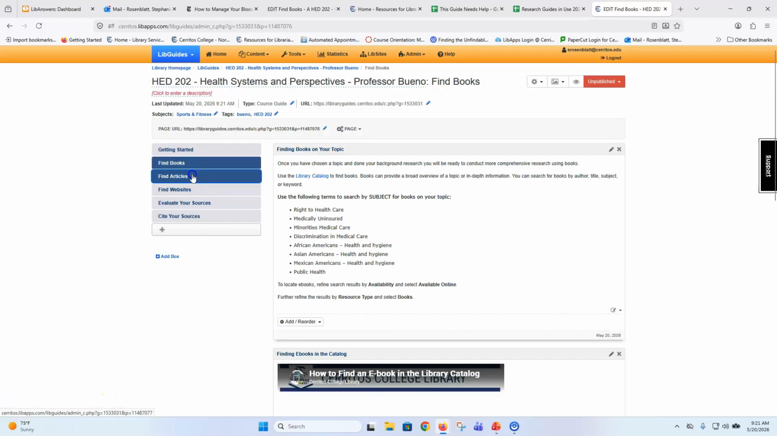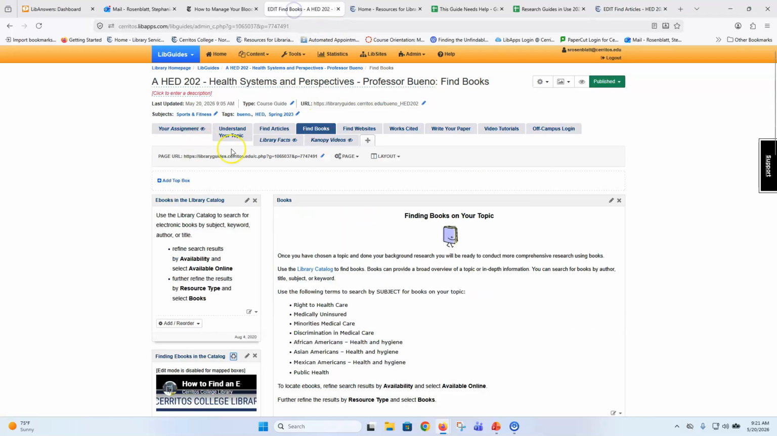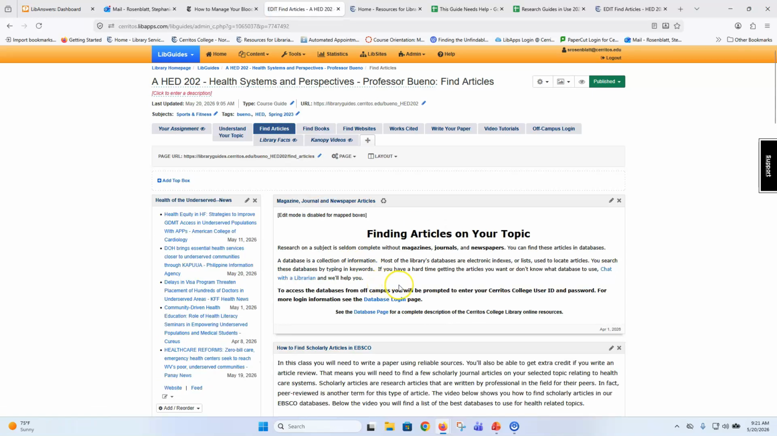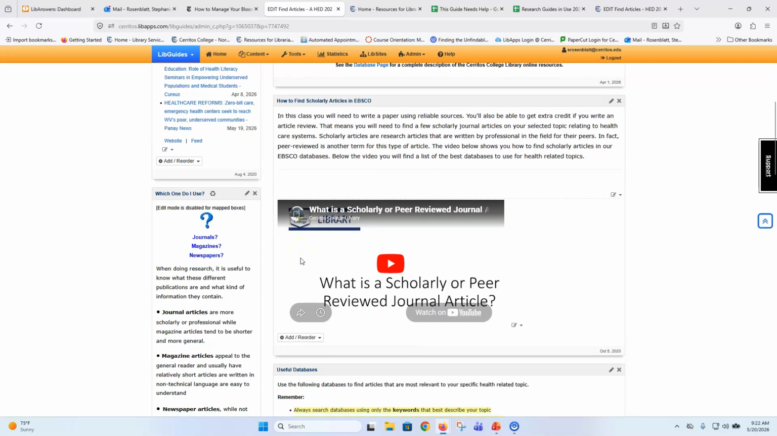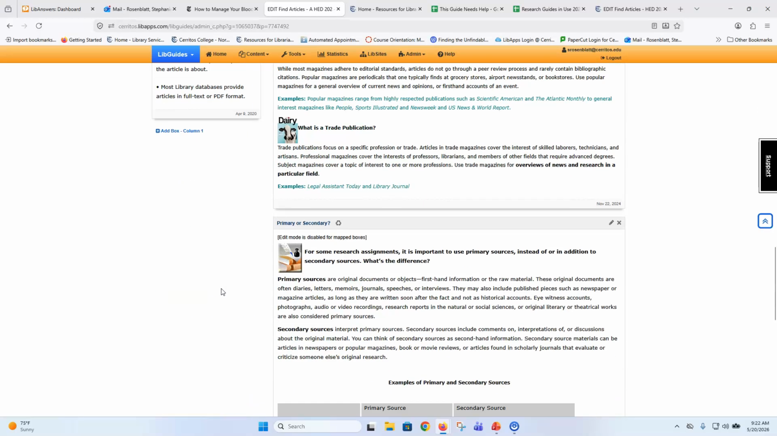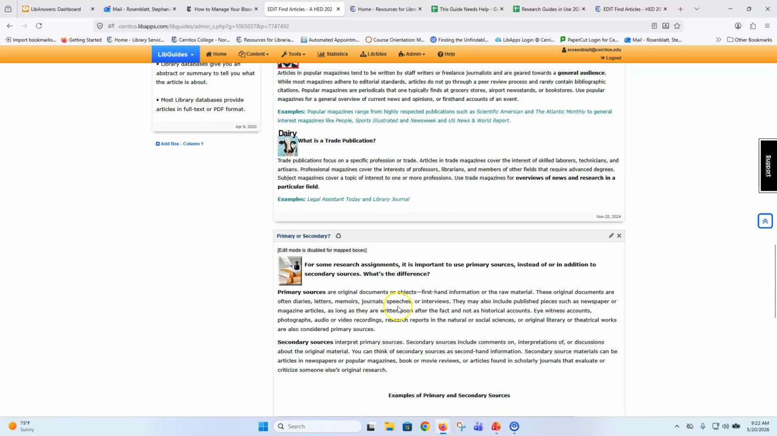When I go to Find Articles, it's telling me some information about what to bring over. And when I come over here and I look at Find Articles, there are a few things that I have to decide about. So this right here, Health of the Underserved News, like these RSS feeds, we're not bringing over with us. The stuff about which one do I use, what is a database, we're not bringing that over, either, primary, secondary,